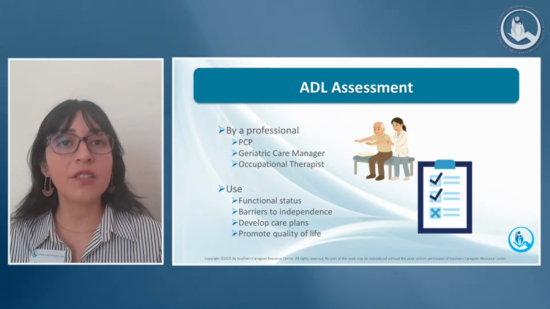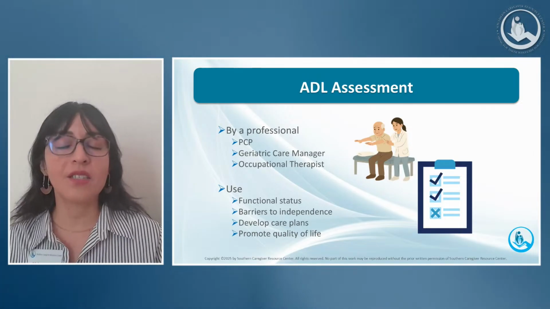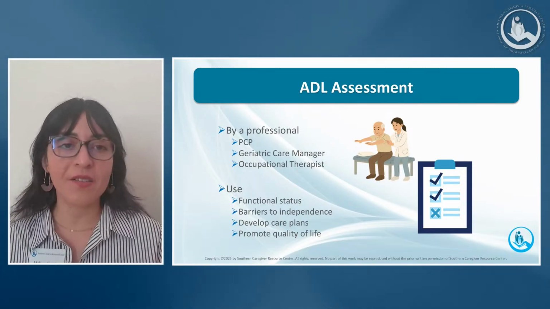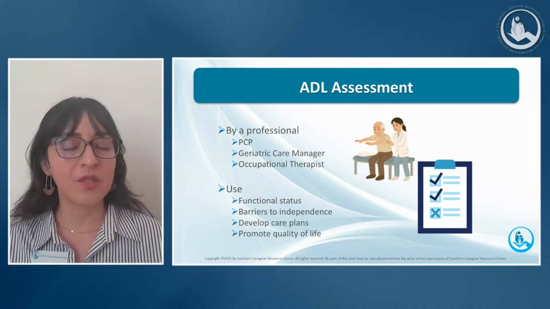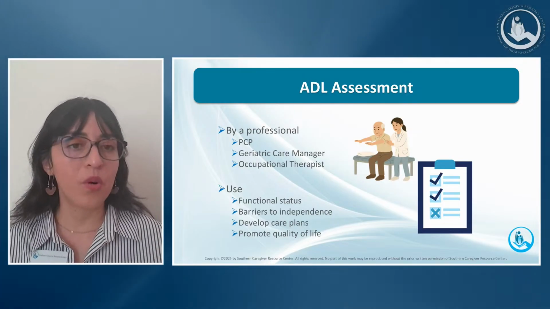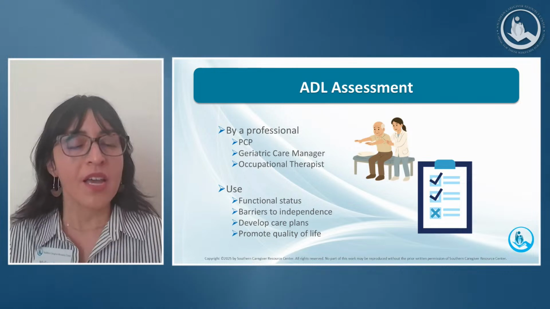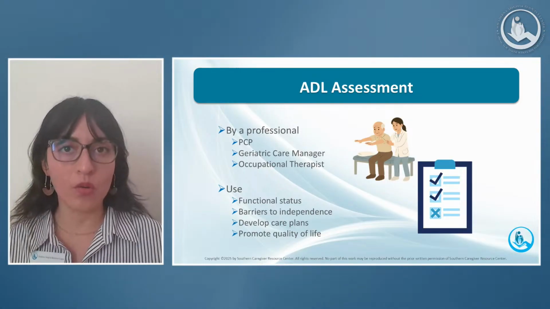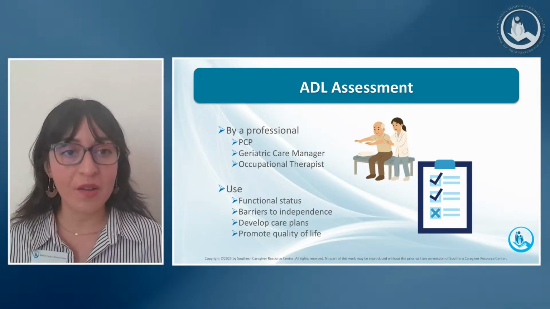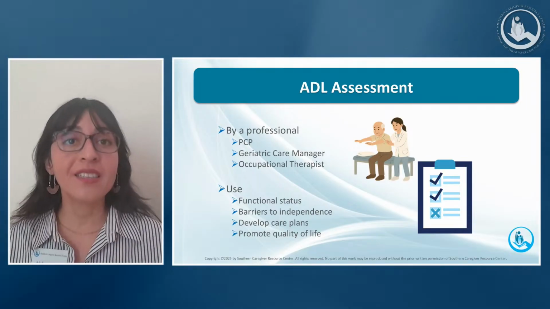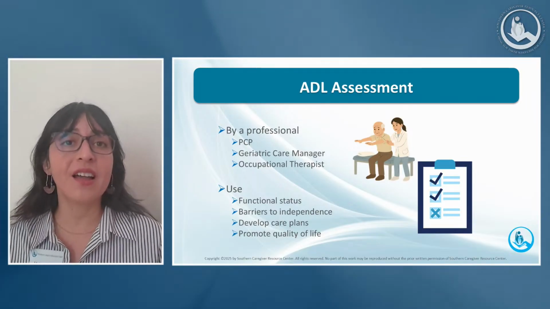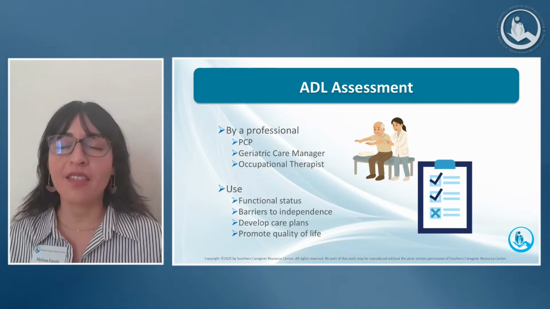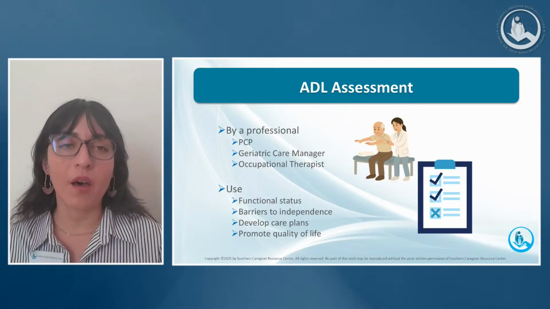So the ADLs can also be assessed periodically, right? And this is to notice any changes. If you recall the statistics that we talked about right at the start of the presentation, we had some statistics relating to people needing support with ADLs when they were around 65, and then needing more support with their ADLs when they were 85 or older, right? And so how do we know that they need more support with their ADLs? Well, because their ADLs were possibly assessed periodically. That is how we end up knowing that those individuals need more help.